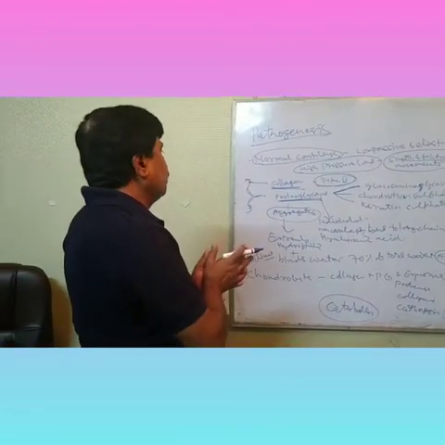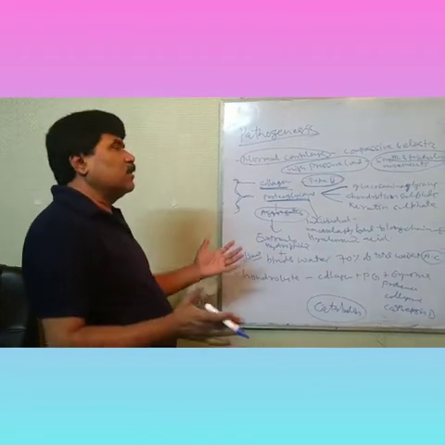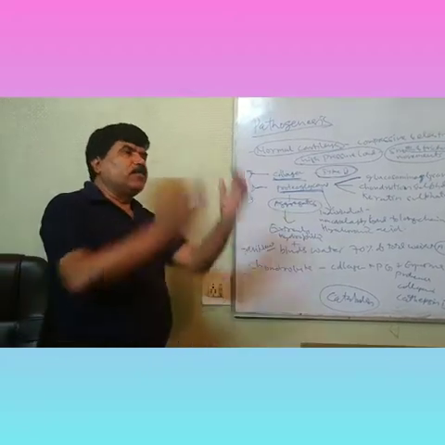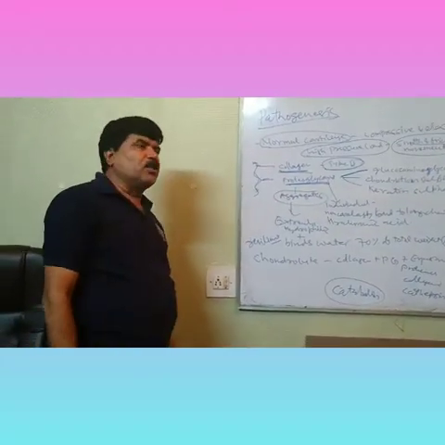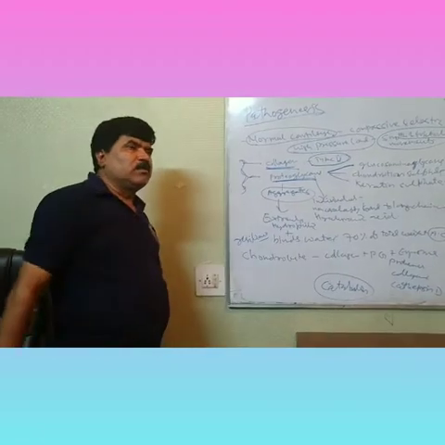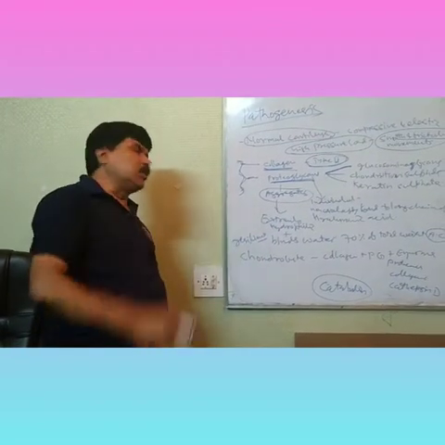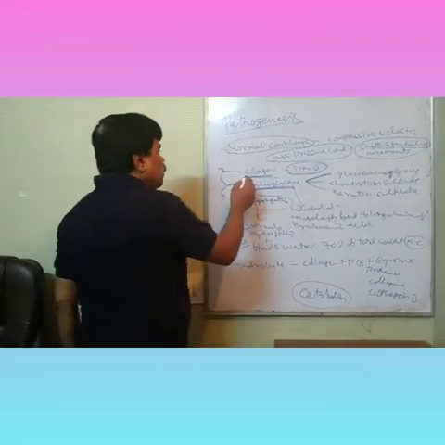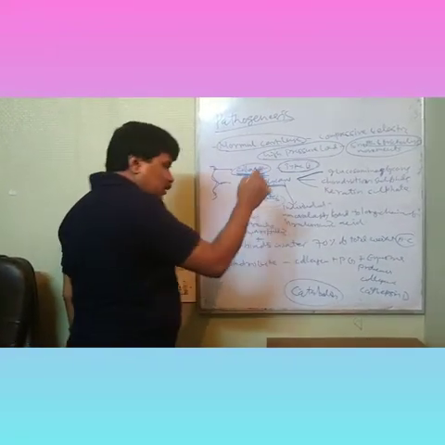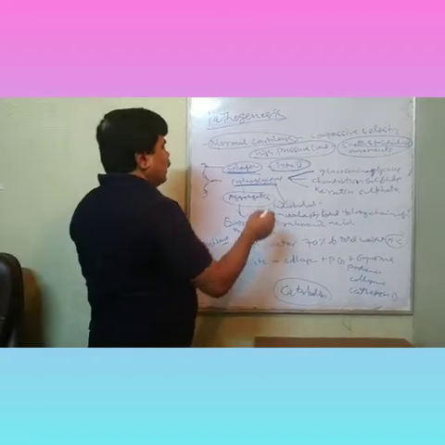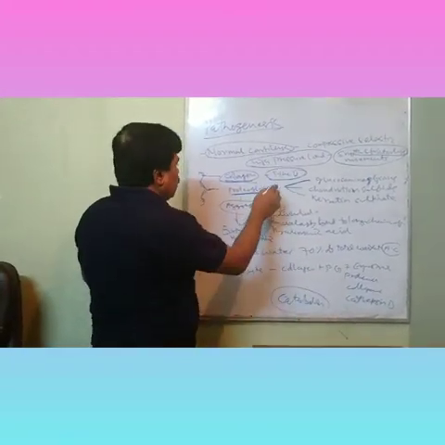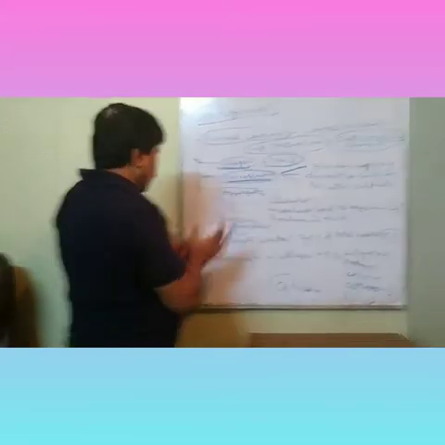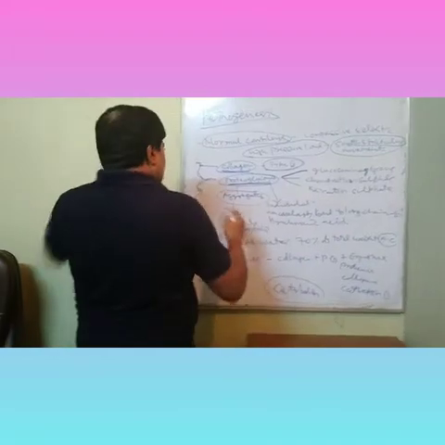These proteoglycans, when mixed with the collagen fiber, are just like cement and sand with the reinforcing rods in your buildings. So just like the rod is made up of collagen, and the cement and sand in the mixture is made up of proteoglycans, and this forms the collagen in this cartilage.